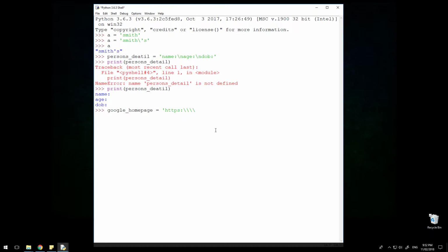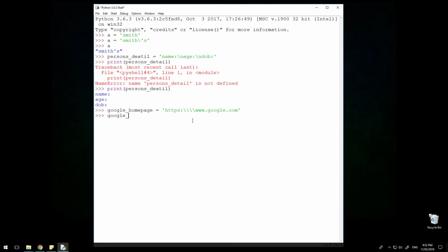I need to type in another two, so that is my character. These two will help Python understand that these two are the actual backslash I need as a character in my string. So then we'll do www.google.com, and when we hit enter,